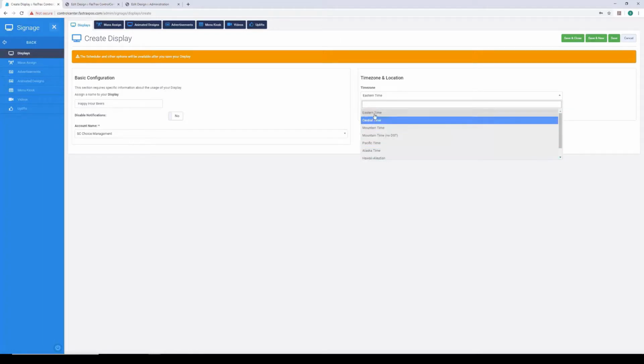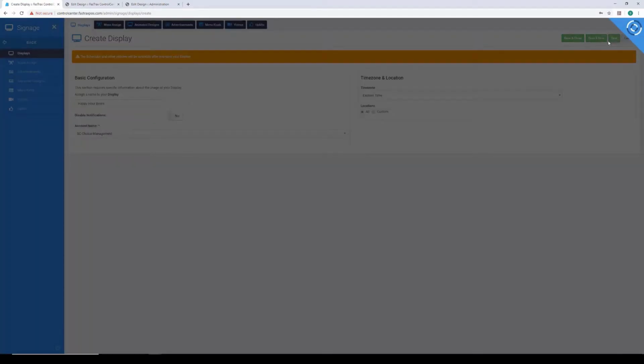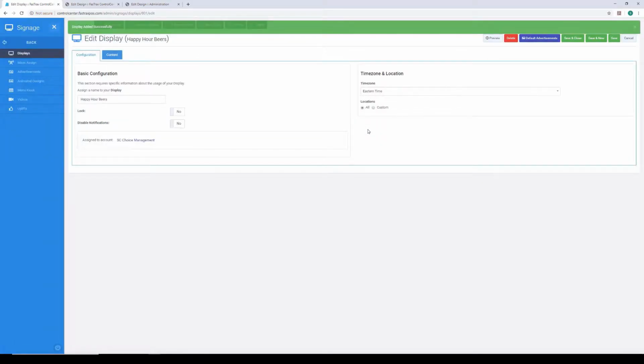And we're going to save it up. So everything's going to be pushed to these displays depending on what time that we set them up to push. So we got to make sure that whatever time zone your display is going to be living in, that it's going to be syncing up right. So now that we've saved, go to content, and now we have